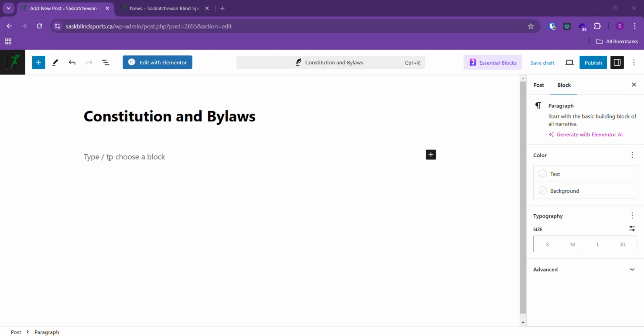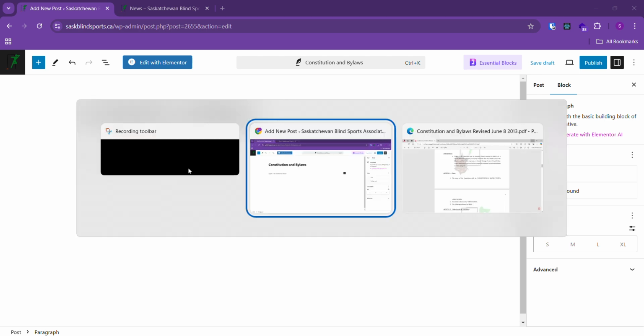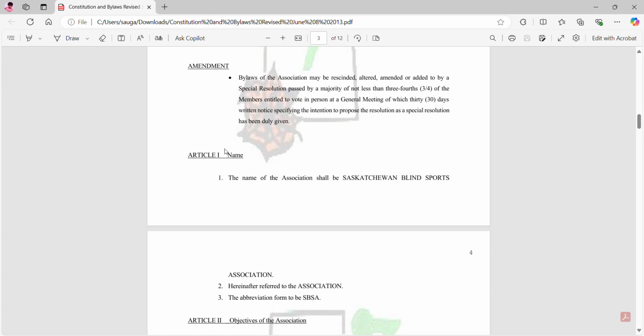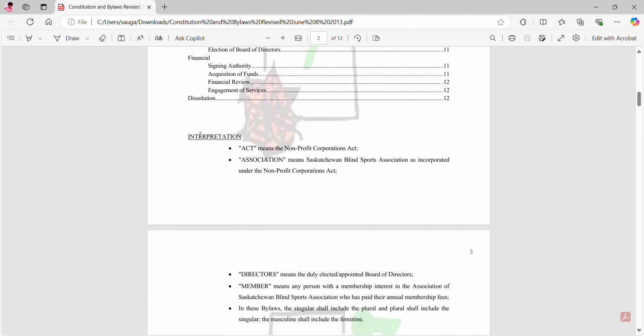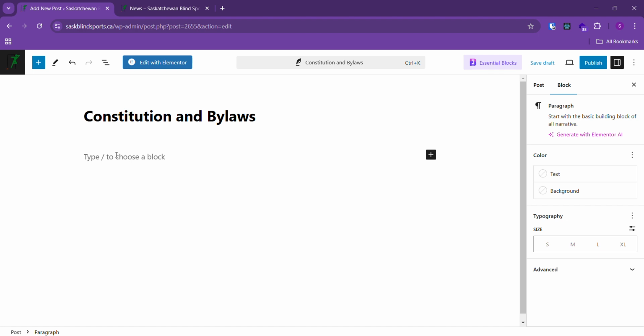Let me see the contents. So it's in here. Okay, the content starts from interpretation. So I can copy this one and then I can go to the browser in my post editing page. So it seems a kind of heading. So as we can see in here,